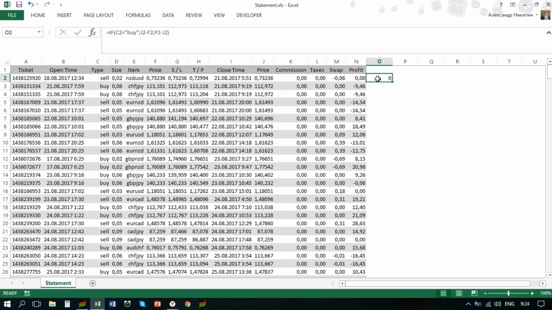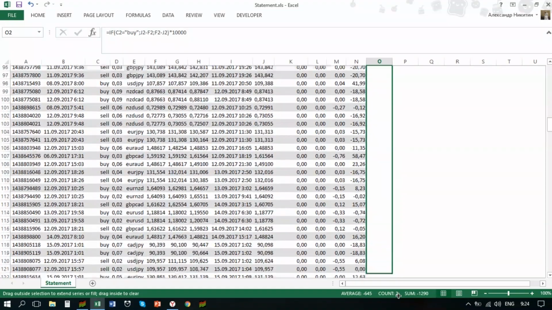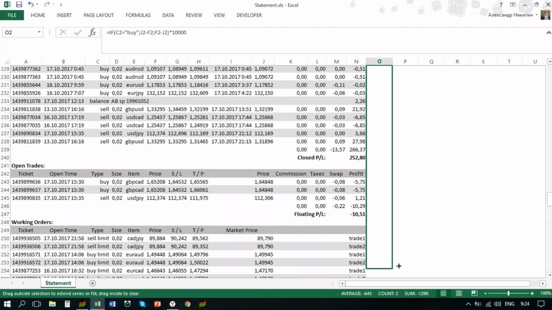Right now it was 0, profit was 0, the number of pips 0, because it was a break-even trade. And let's do something: let's multiply our pips by 10,000, in order not to have a double value, but to have an integer value. So let's have it this way. You see, this is the number of pips generated on this trade. If I stretch that to the downside, you can see